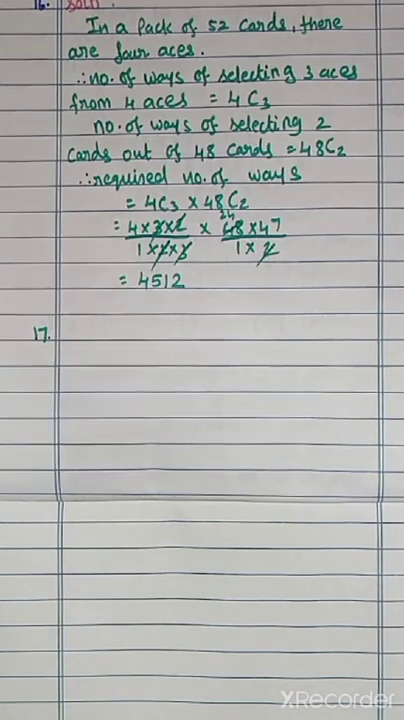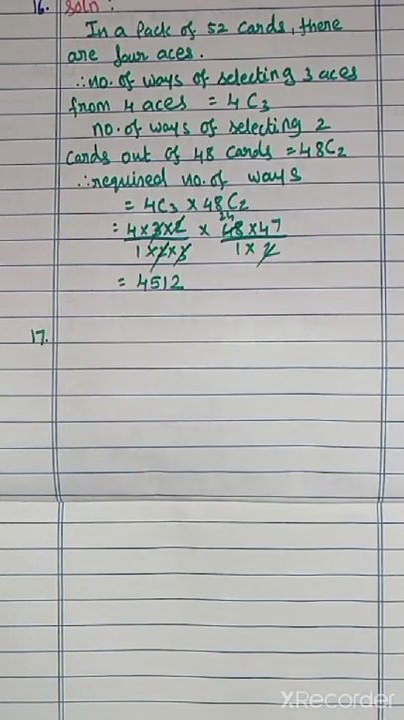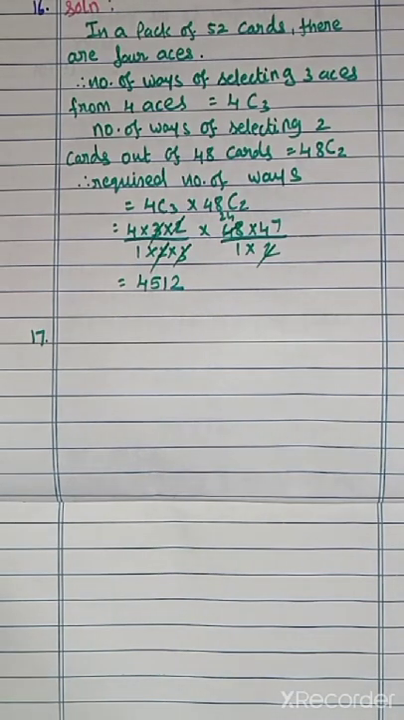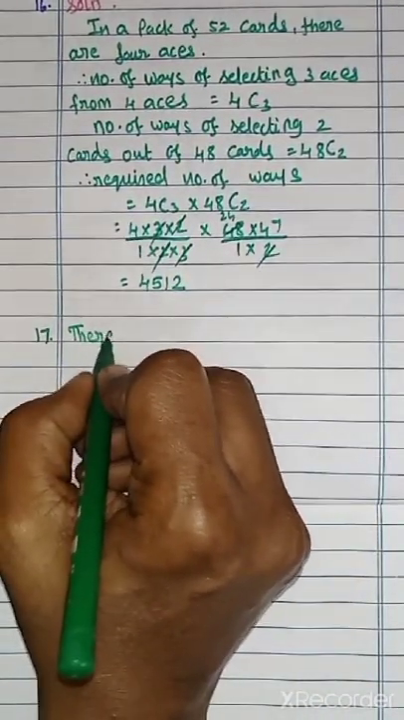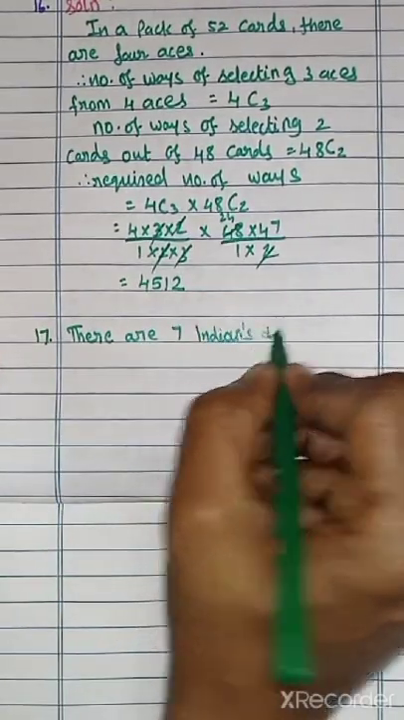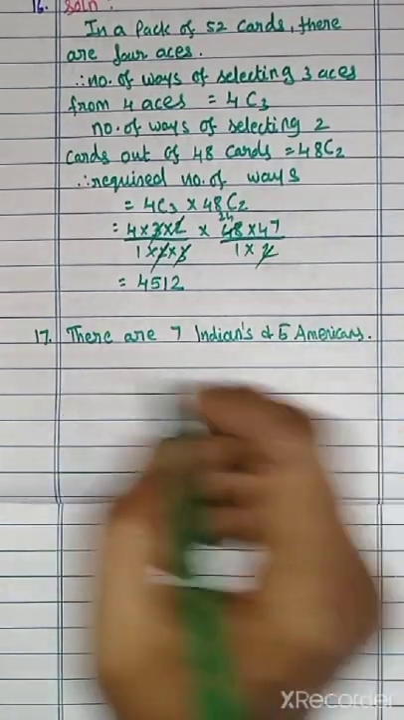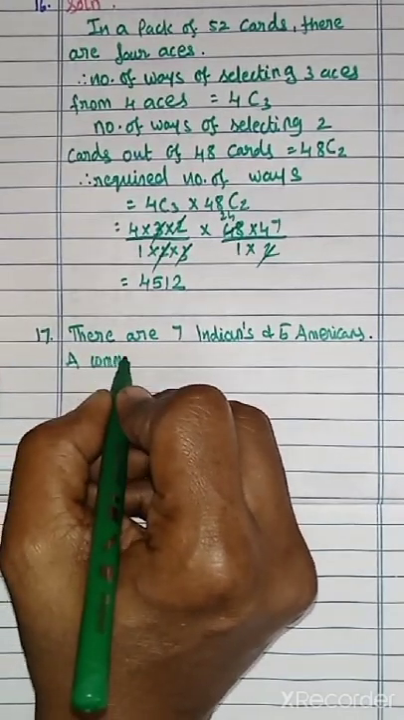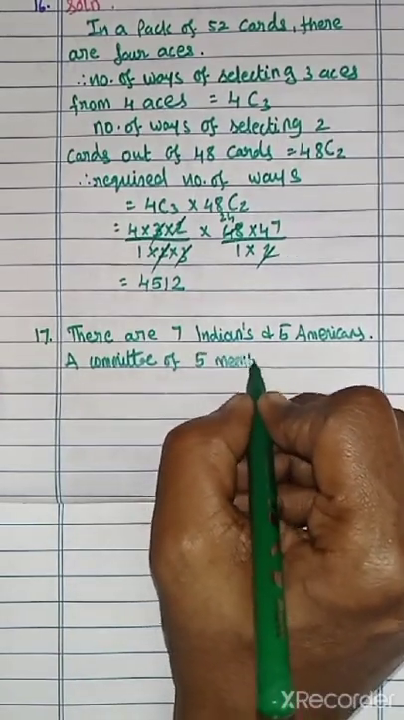17th question. Find the number of ways of forming a committee of 5 members out of 7 Indians and 5 Americans so that always Indian will be majority in the committee. What is given? There are 7 Indians and 5 Americans. Okay, so we have to form a committee. We have to form a committee of how many members? 5 members